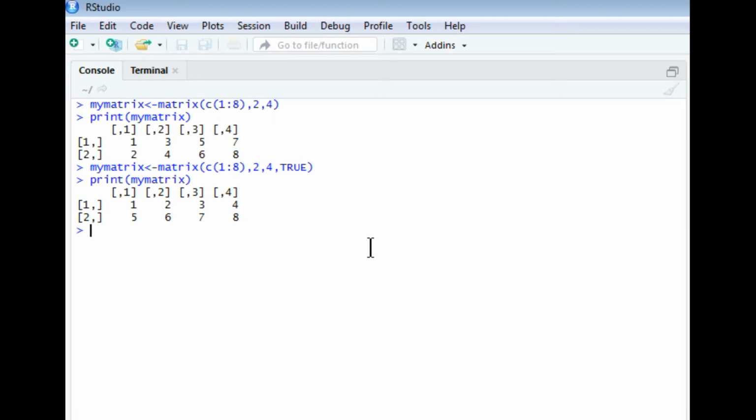Now what if you want to change the names of the rows and the columns? Suppose we have all seen how Excel looks: on the left-hand side we can see the numbers, on the top side we can see the alphabets. We want to see it in that manner. What to do in that case? We want to rename, so for that the dimnames function comes into the picture.